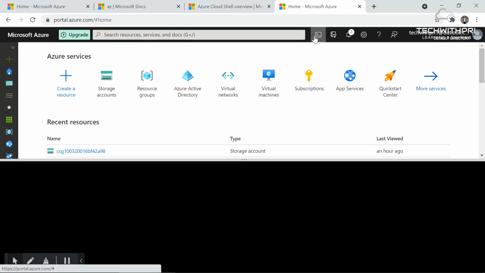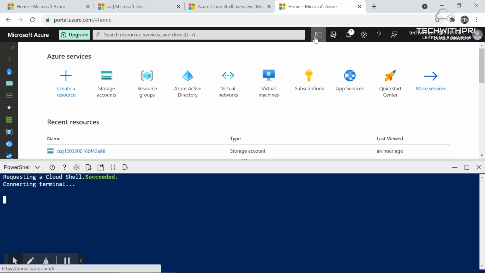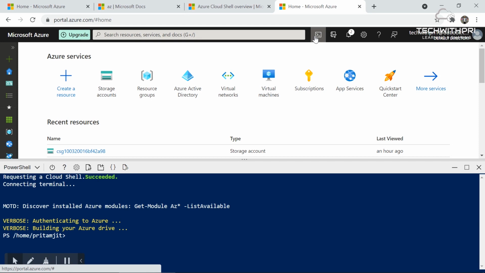If I click that, there is something I need to tell you. Once you click it for the first time, you won't get this page first. You can see Azure PowerShell is loading, but you won't get it at the beginning, because Cloud Shell demands a storage account. To start Azure Cloud Shell, a storage account needs to be configured.